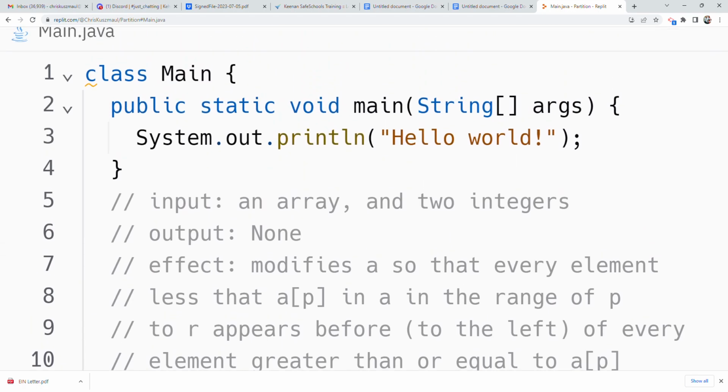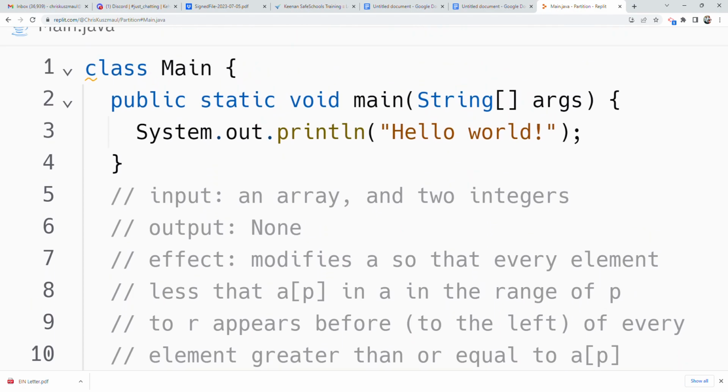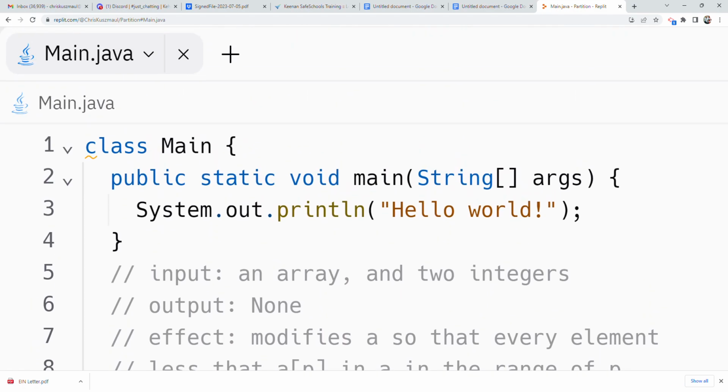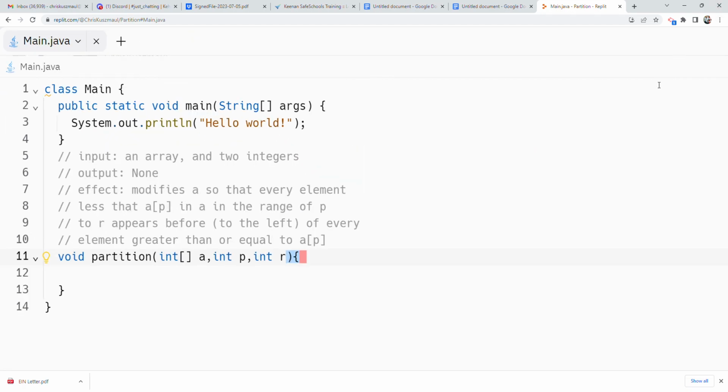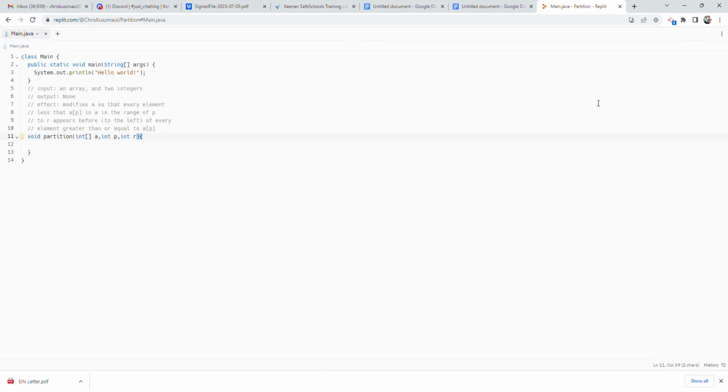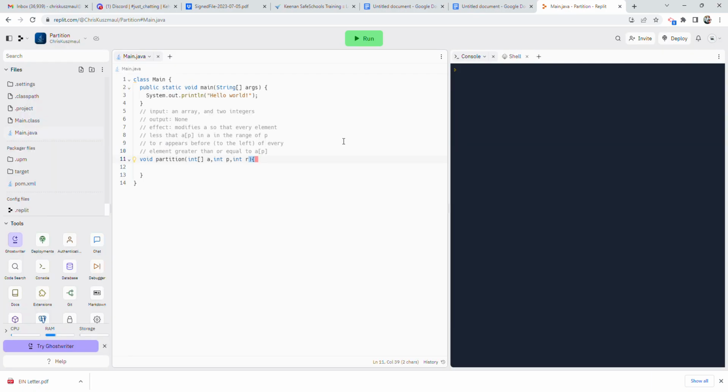Okay, and so that's the specification of partition, and at this point it should be possible for me to run this code, even though the stub does, well, it's a stub. So I go ahead and run just to see if there's any mistakes. There's no apparent mistakes. The code compiles and runs and prints out hello world. That's sort of the value of having hello world preserved in my